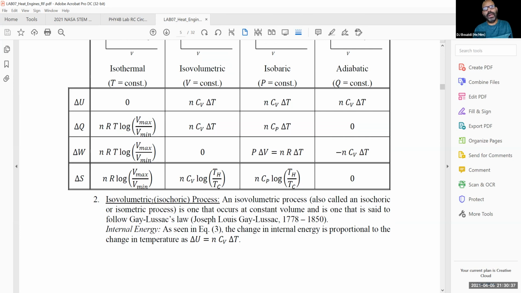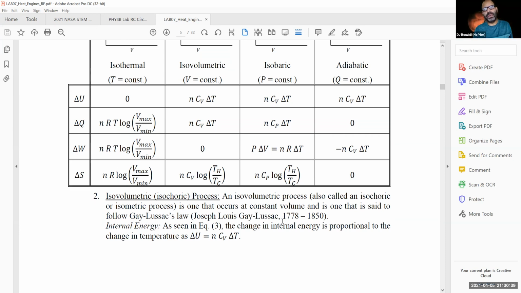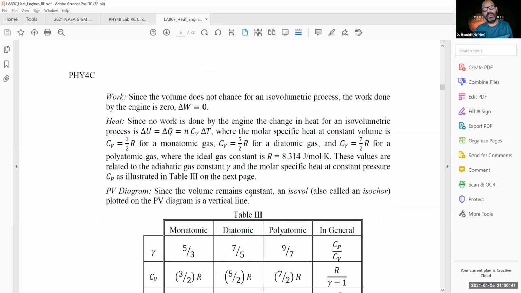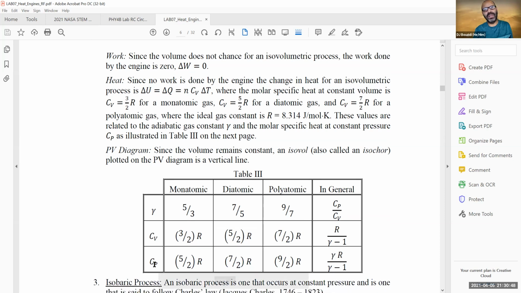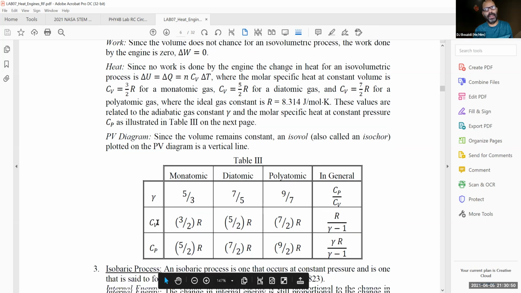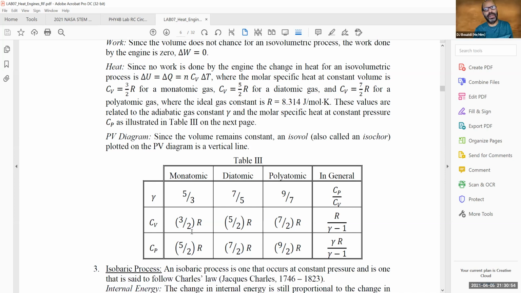Okay. Again, isovolumetric or isochoric process. So that's the second process, and we went through the analysis for it. Here is the gamma. Gamma is defined as Cp over Cv, by definition, and it's a dimensionless number. In the case of a monoatomic gas, it's 5 over 3,